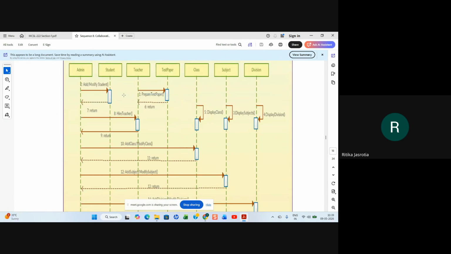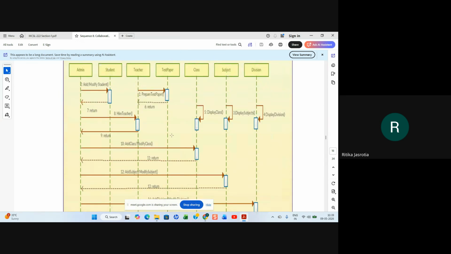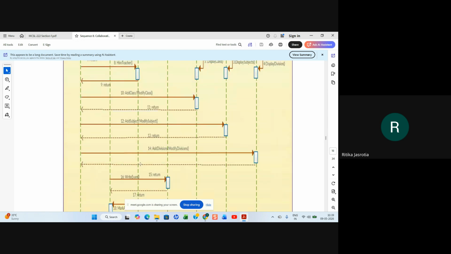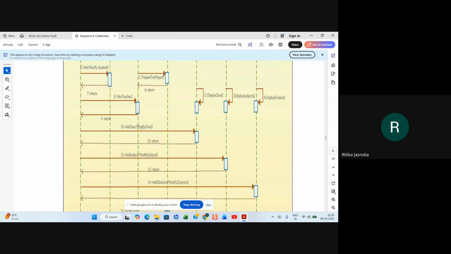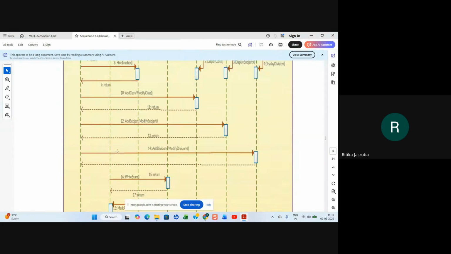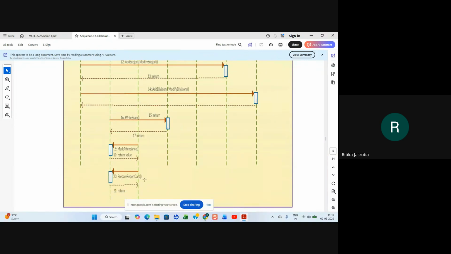Then the student can write the exam, and a return status is given to him, and he can mark his attendance, and a return status is given. A teacher can also mark the student's attendance, so from teacher to student, and a return status is given to her.